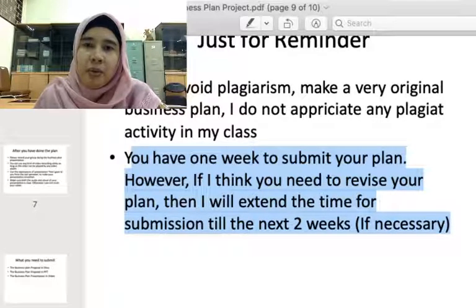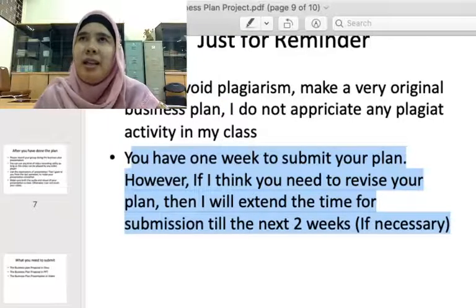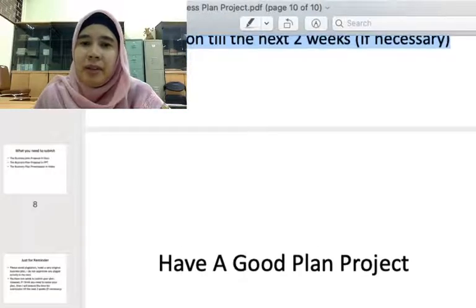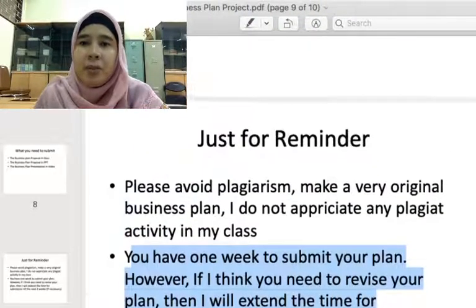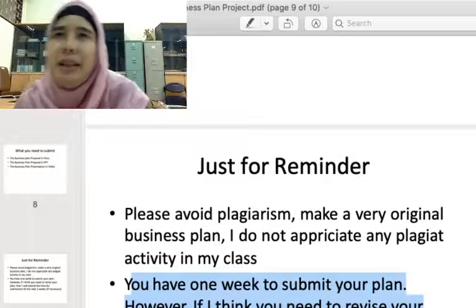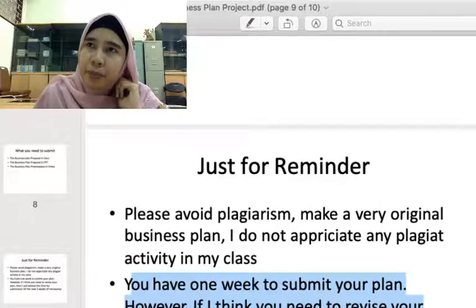Why I ask you to have a long-term project in this one, because there will be another project related to the business plan in the next meetings. I think that is enough for my explanations. Oh, perhaps you want to know the technique. The technique of this project is that this is a group